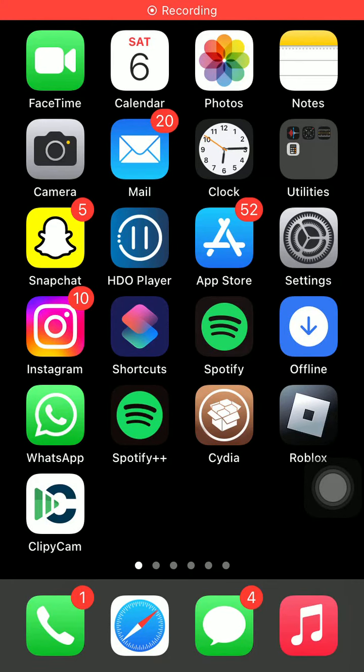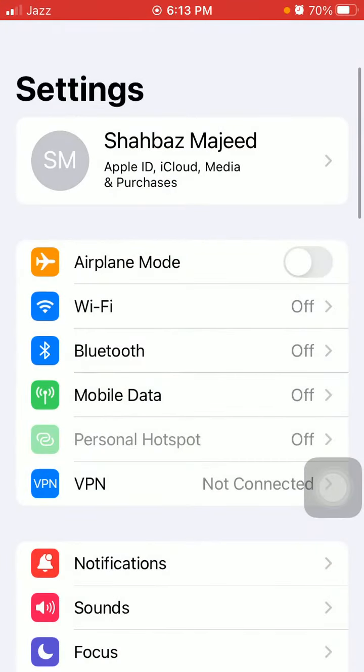Hello everyone, welcome back. If your iPhone screen is not bright and showing some yellowness, then do the following steps